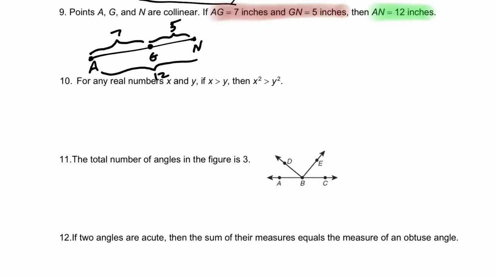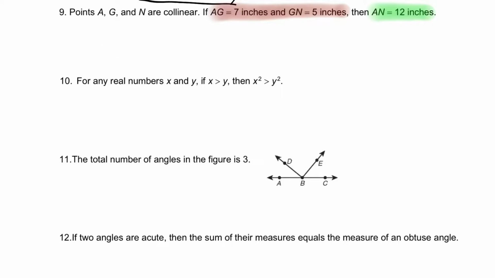So you may have drawn a figure like I've sketched here for you, and you'd say, well, that looks like what we were talking about in chapter 1 when we were talking about the segment addition postulate. That looks good. But please note, when you look at this first part of the statement right here, it says nothing about the fact that G has to be in between A and N. It just says they all have to be on the same line. So it doesn't have to look like that. So it could look something like